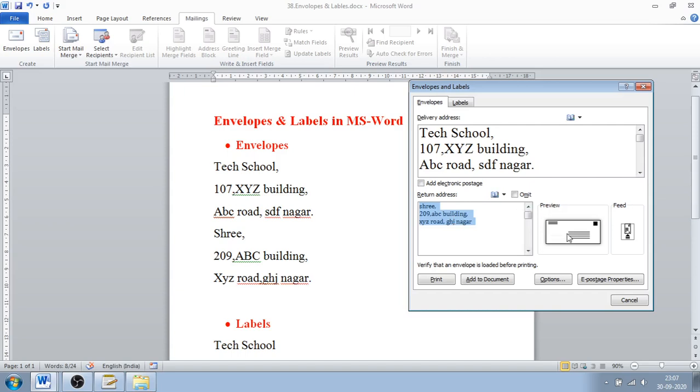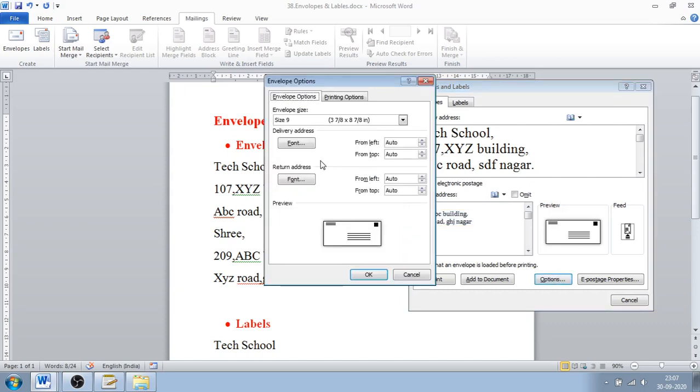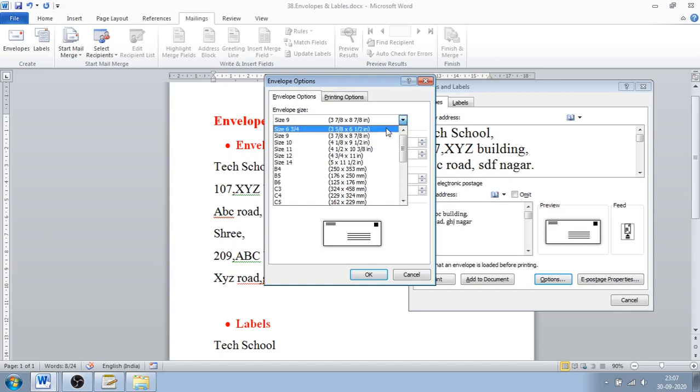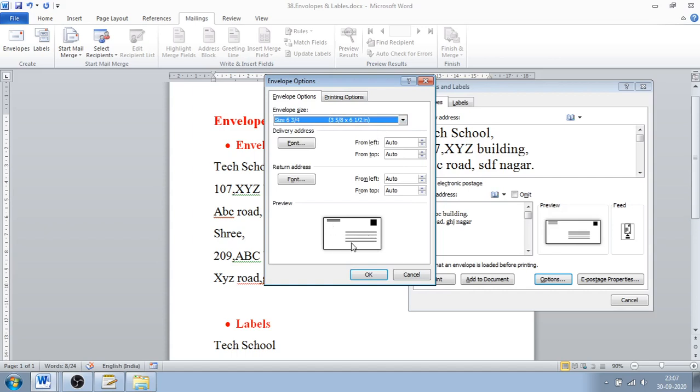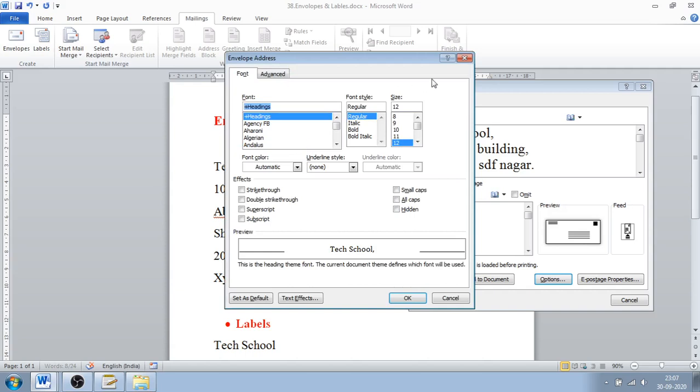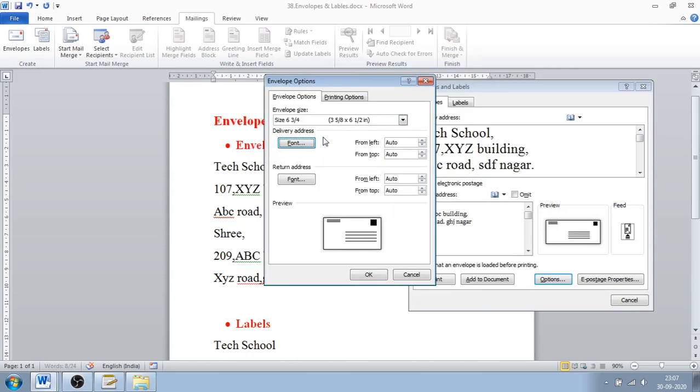Now here you can see the preview of your envelope. One option is there, like if you want to change the size, you can change it from here. If you click over there, it will give you a preview like this. If I want to select it like this, it will give the preview over here, and you just click OK. And the font you can also select from here, that is for the delivery address, and this is